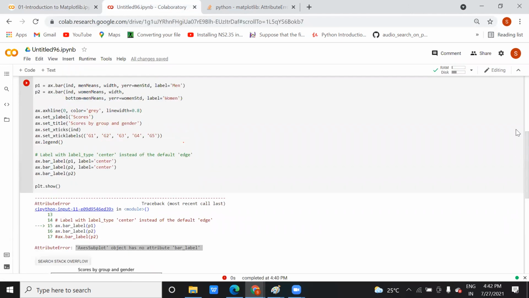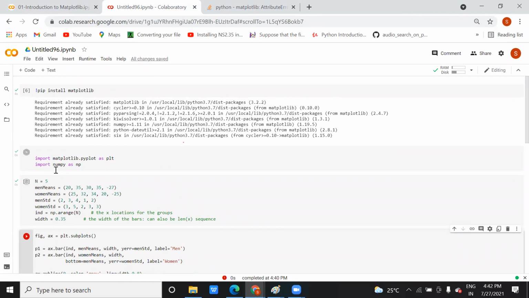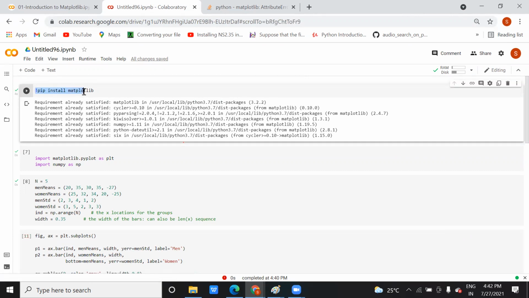Yeah, so I was explaining this example, right? In order to visualize it, you first need to install or import it. In case you work on your local system, you might need to install this library with pip install matplotlib when you run on your Jupyter notebook. But when you run on Colab, you don't need to, because Colab already has this. Just check the version, because obviously this Colab will have an old version, 3.2.2, and recently matplotlib 3.4.2 is available.